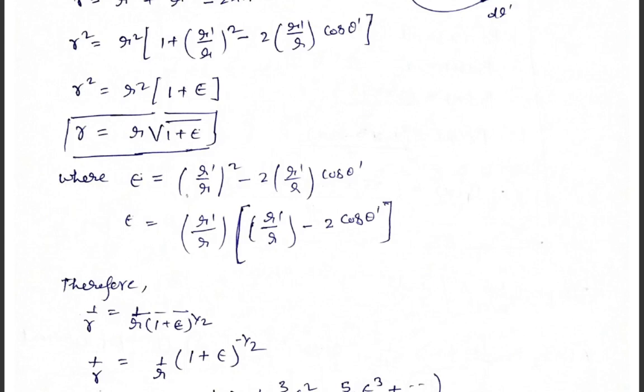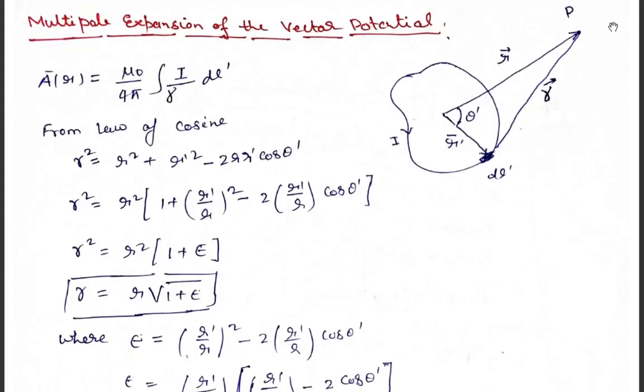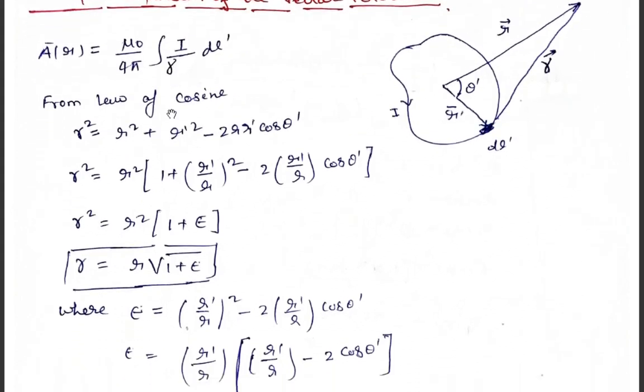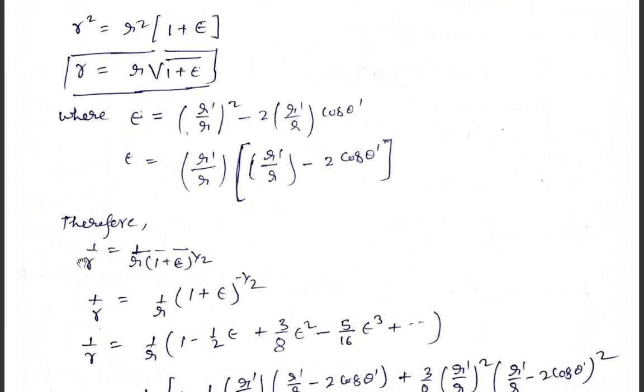So in order to find the potential, as it is written, that is 1 upon gamma, we have to find 1 upon gamma. So 1 upon gamma obviously will be equal to 1 upon r, (1 plus epsilon) whole raised to the power minus 1 by 2. Now we can do the binomial